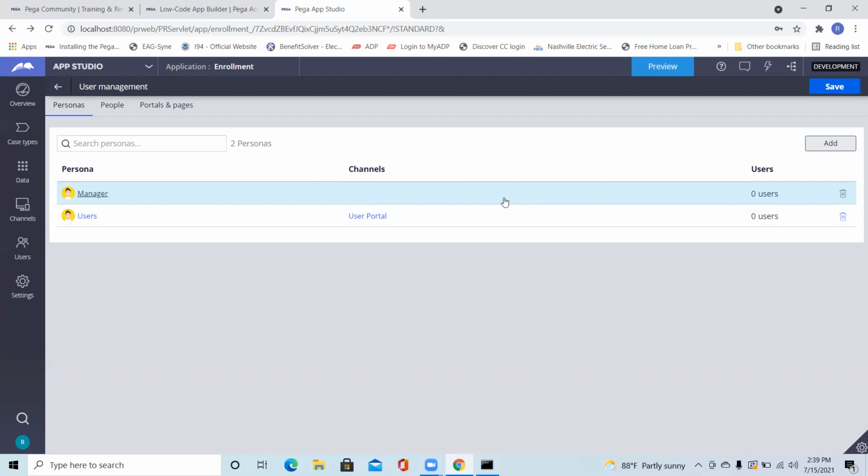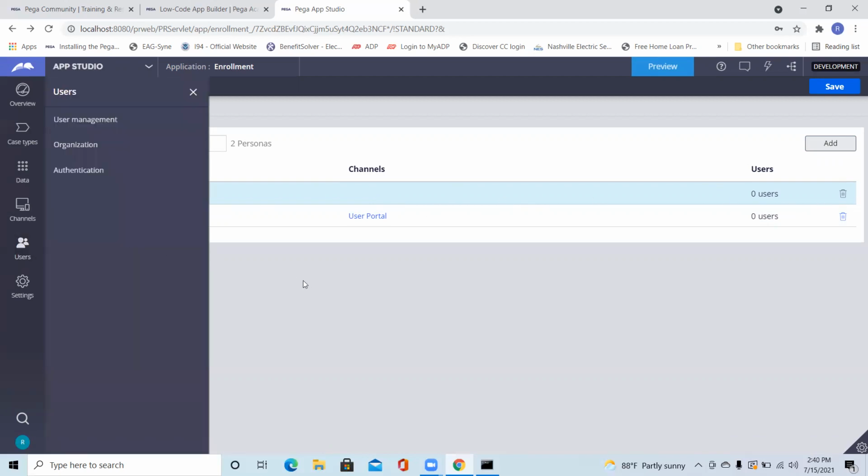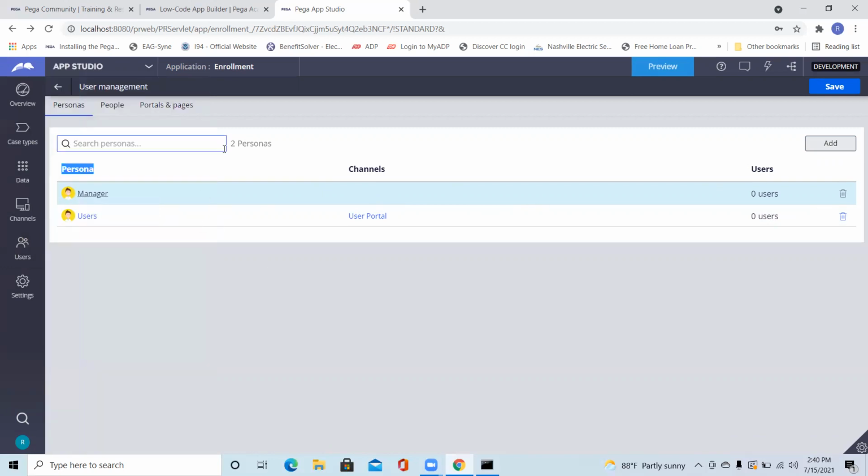Okay. Let me see what this user is that they actually wanted to say, whether it should be related to the user or person or who is taking part in the case, for example, who has created it and reported it, or the person who is going to work on it, like users, managers, some persons who are going to approve. That type of thing will be related to this, but this is something different they have created. I need to check why my manager is not having a channel.